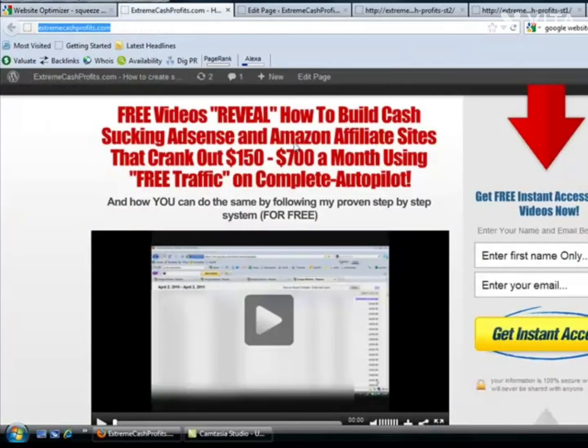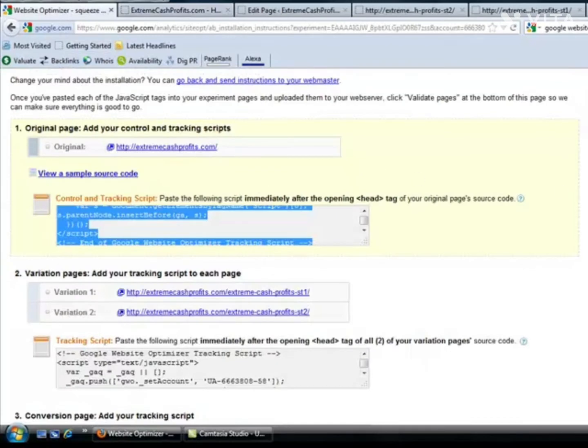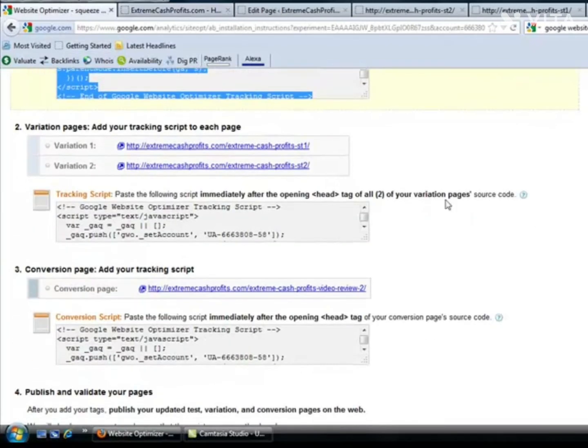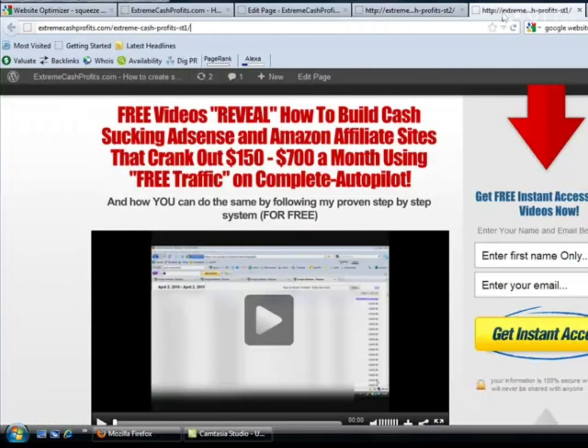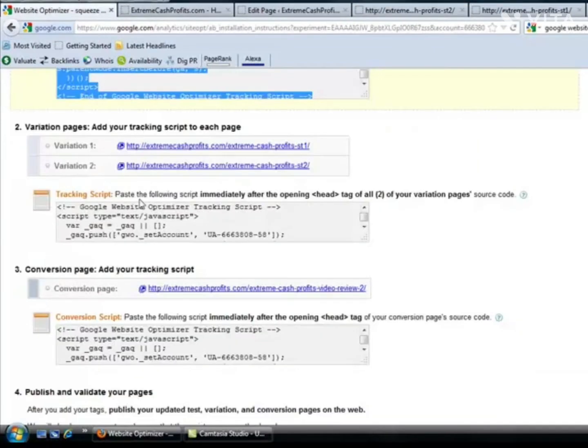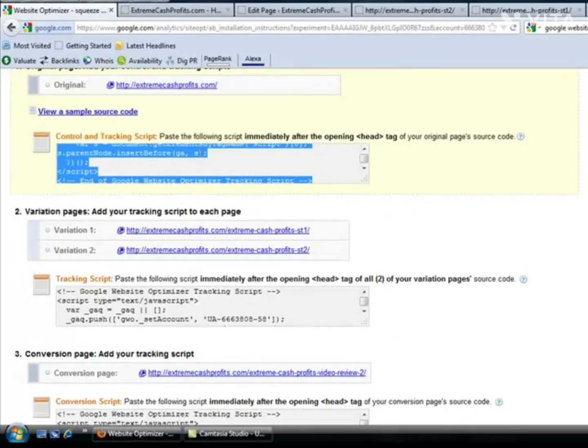Okay, so go into your squeeze page and put your code in there, and then once you've done that, you also need to put a tracking script in your variation pages. So you go to this one, you go to your st1 and st2. Don't put the same code in, you need to make sure it's different, because this is for your main squeeze page, and then